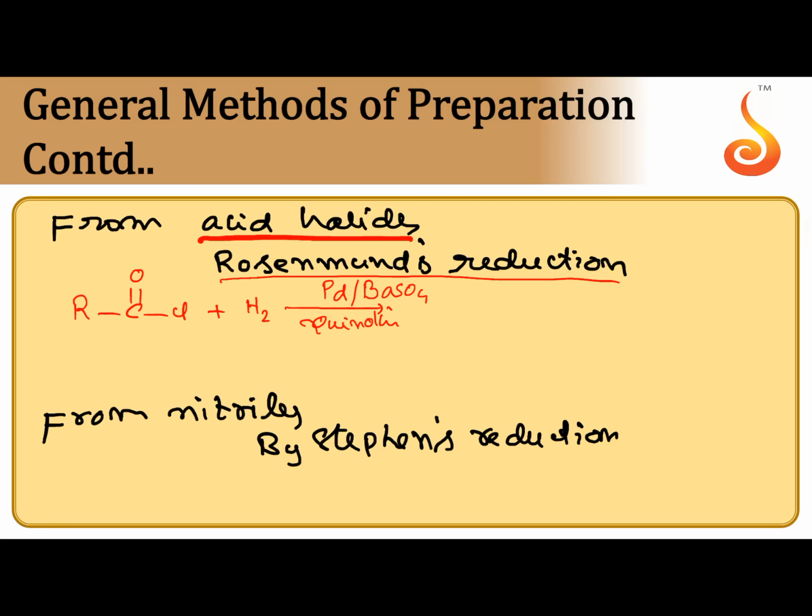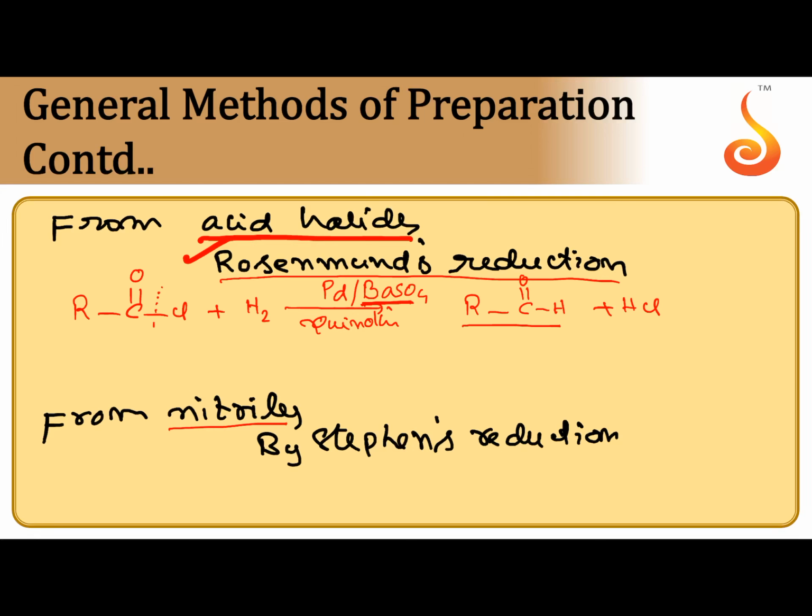So when acid chloride is subjected to Lindlar's reagent, partial reduction takes place. Now one chlorine is replaced with one hydrogen. If barium sulfate is not there, aldehyde formed also undergoes reduction to give alcohol, primary alcohol. That's why Lindlar's reagent is used. Catalytic activity of palladium is suppressed. Aldehyde is the product plus HCl. This reaction is named as Rosenmund's reduction. This method is used for the preparation of only aldehydes.